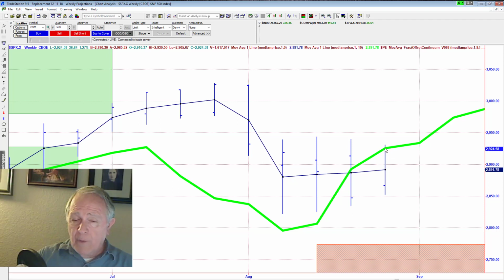What would it take to get above it? We gave you a rough idea yesterday, but let's look at it again. The midpoint is represented by the connected dots here that go from week to week. They each go to the midpoint of the high-low of each week. So in order to get this median line this week above here, it doesn't take much to visualize that the high for the week would have to be an equal distance from here to here measured forward again, which would be up in this area somewhere, and we told you around the 3,000 level.